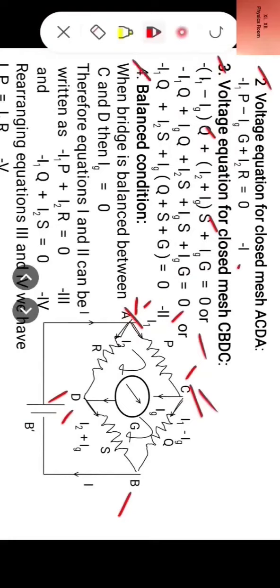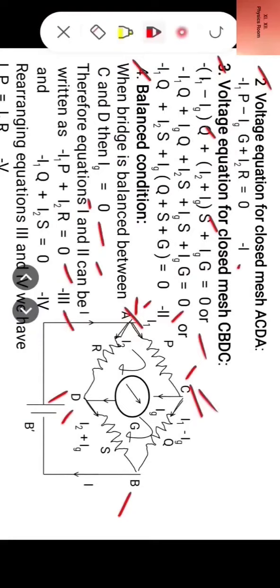Top 4. Balanced condition. When the bridge is balanced between points C and D, then IG must be equal to 0, because C and D are at the same potential and the potential difference between C and D is 0. Therefore IG must be 0. Therefore equations 1 and 2 can be written as minus I1P plus I2R equal to 0, mark it as equation